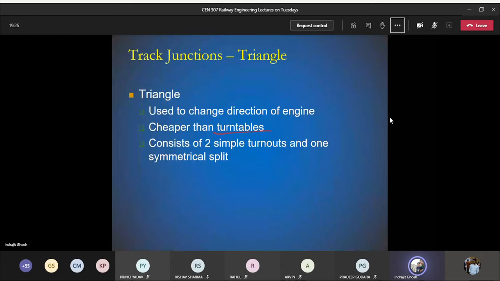So you know, nowadays modern day engines, diesel engines or electric engines, if you look closely, you will be able to see that whether it is the forward direction or the backward direction, the driver can see both directions. But earlier when we manufactured the railway engine, it was not like that. It was only meant for seeing in the forward direction. So when a train is coming, this is the forward direction, the driver can see through this.